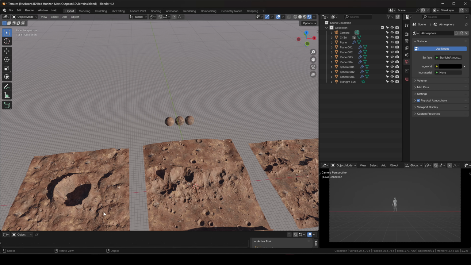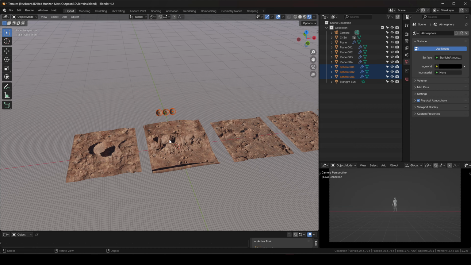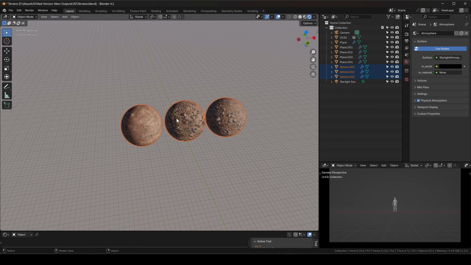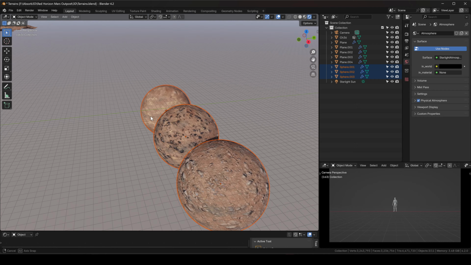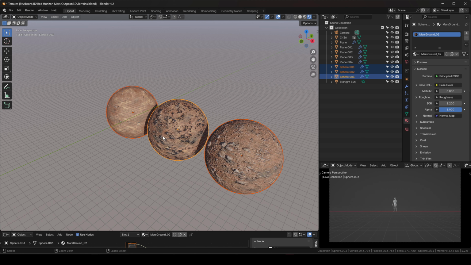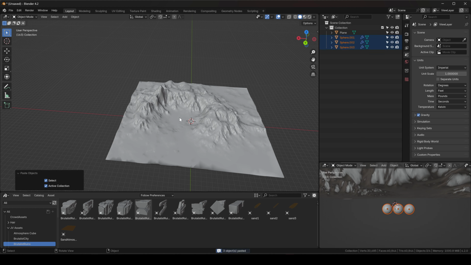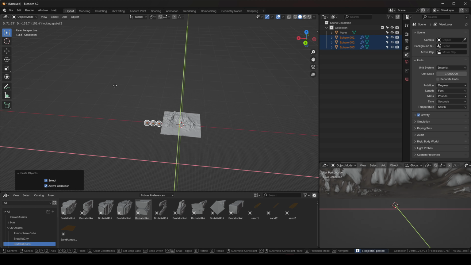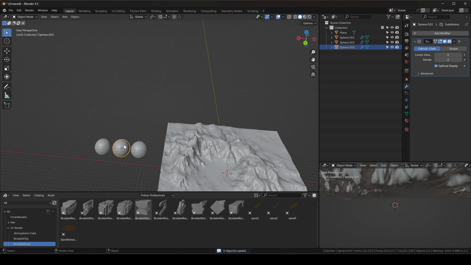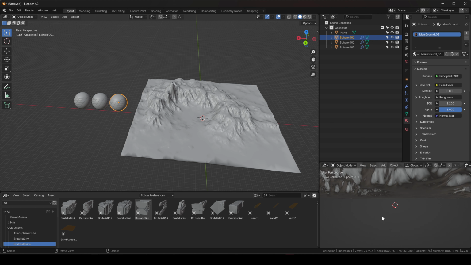I'm going to go to my original file here, and I'm going to grab my 3 spheres with the 3 different textures that we got. We have 4, but we're going to use these 3 here. It's going to copy them. Control C, going back into my model here, Control V. Now, as I copy them, I also have the textures inside this file. If I go to my textures here, Mars ground 1 or 2, 1, and 3, right? And I'm going to